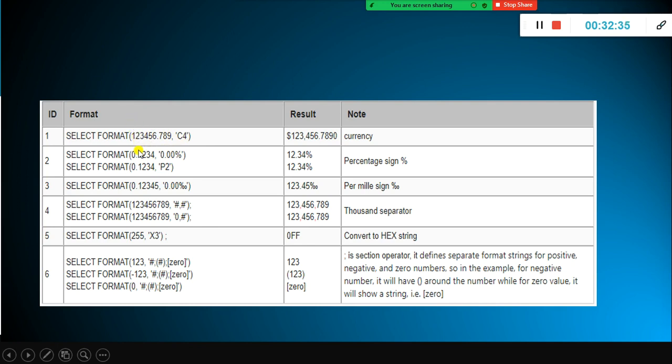You have something called the money data type, and it is available in SQL Server. And also if you want to display the values as a percentage, you can use format, but you need to specify the desired format in the second argument. So you can try all these things. It's pretty simple, very easy to understand, but very difficult to remember. Anyhow, over a period of time, when you start practicing, you will be able to understand.